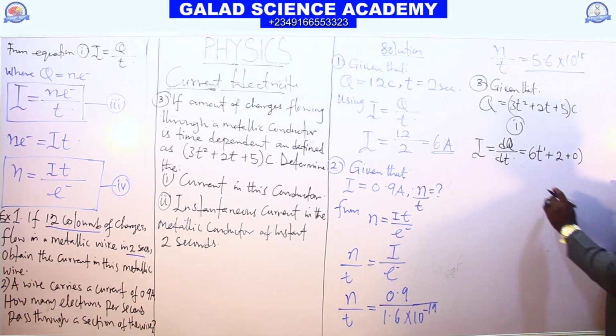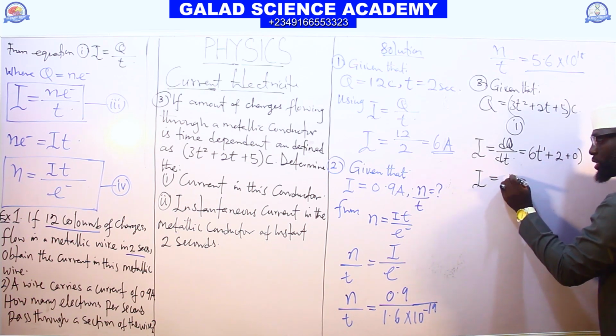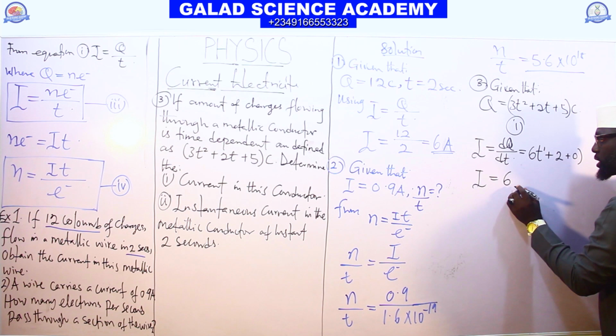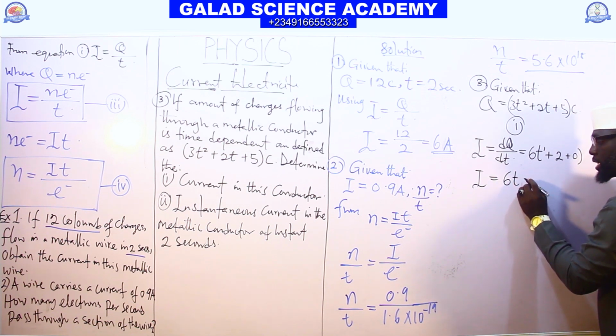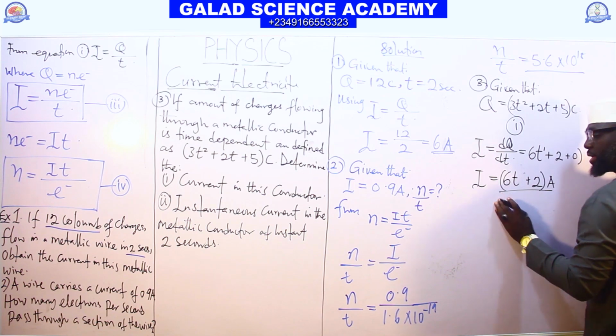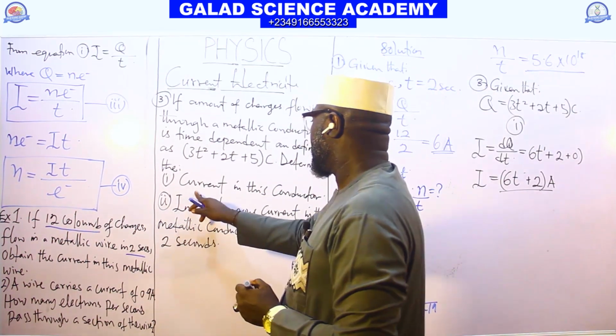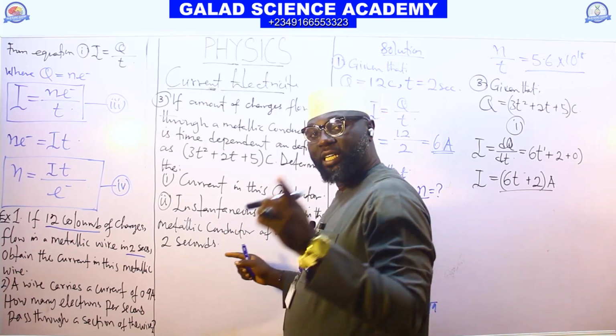So by doing that, the final answer for the current is 6t plus 2. That's our current in ampere. Good. They said the current in the conductor. The next question is